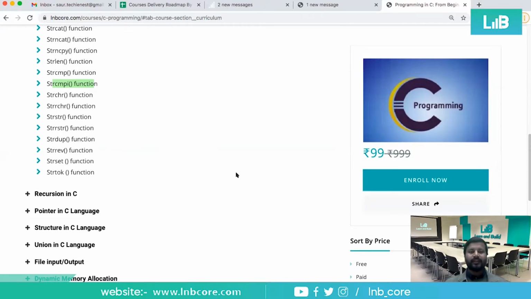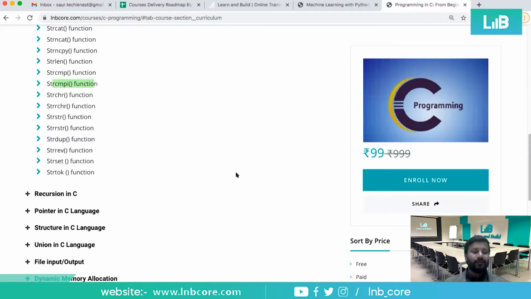We were taking an example of my email id, saw.techiness@gmail.com. We were checking what is after gmail. If you have a string and you want to check the rest of this email id after gmail, whether it is .com or .in, .it, .ai, whatever domain is available, we can check it with such kind of command.